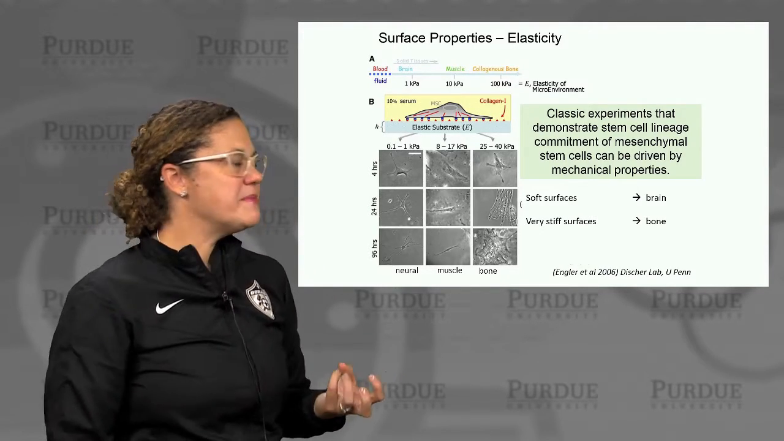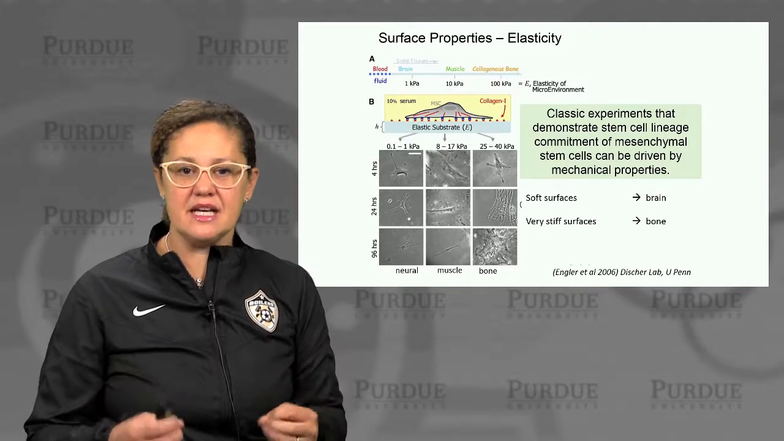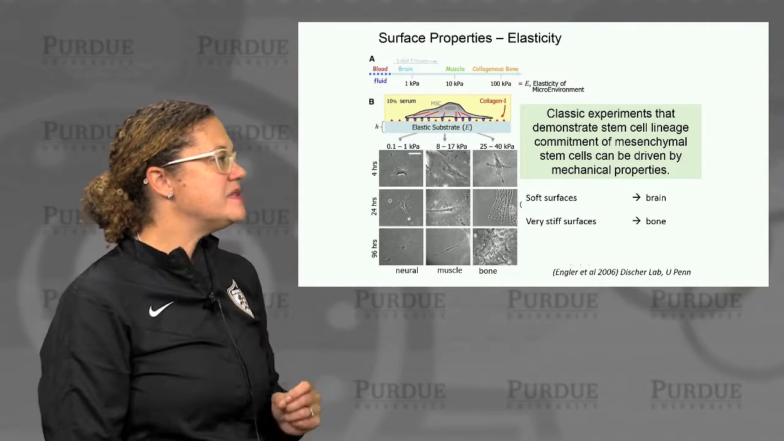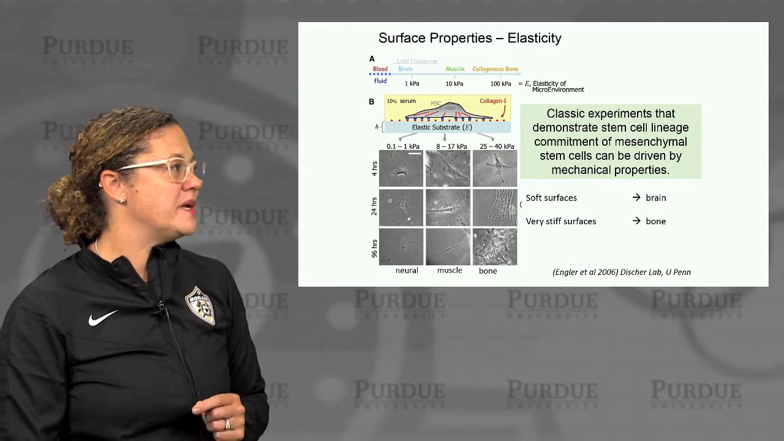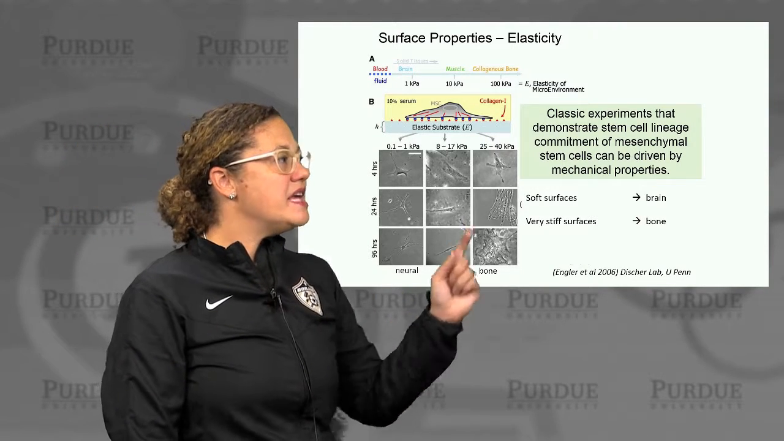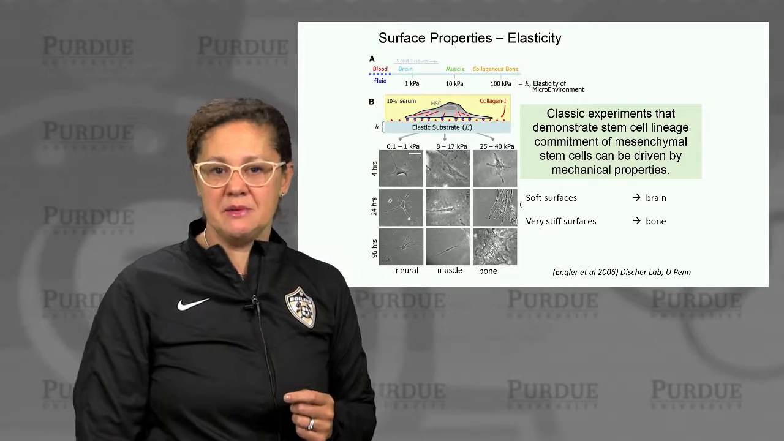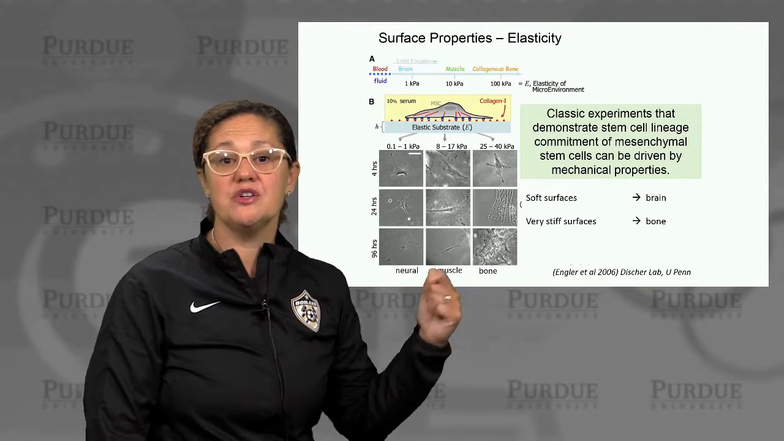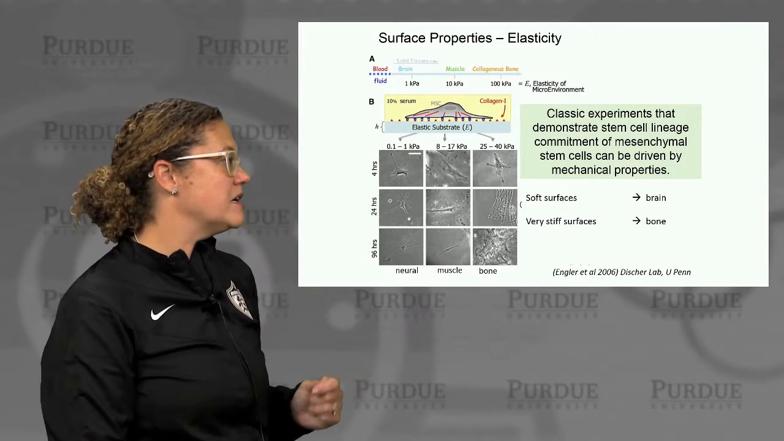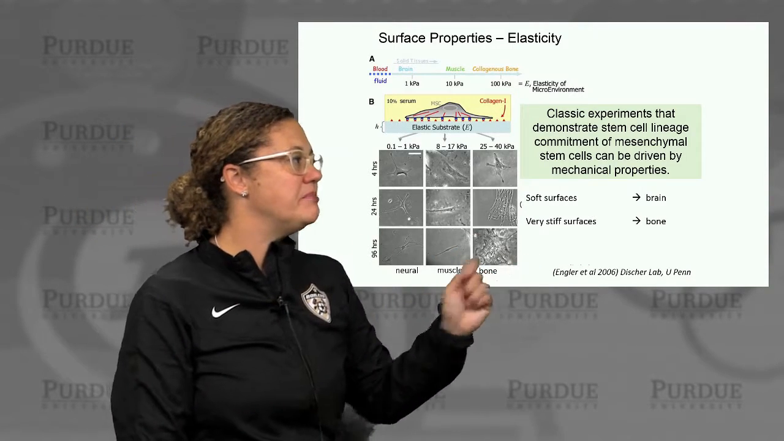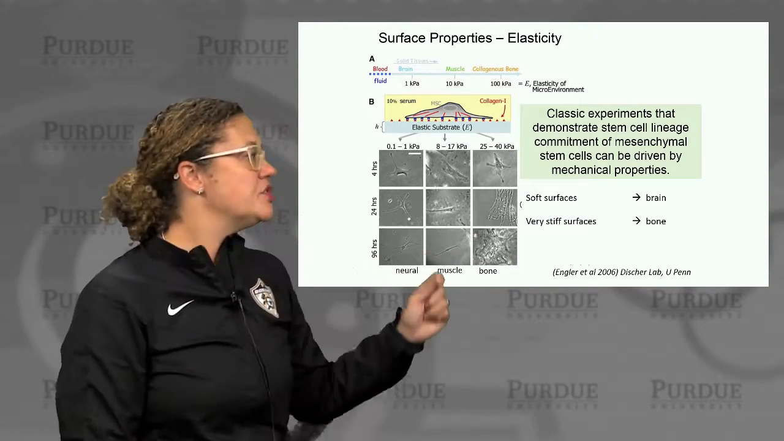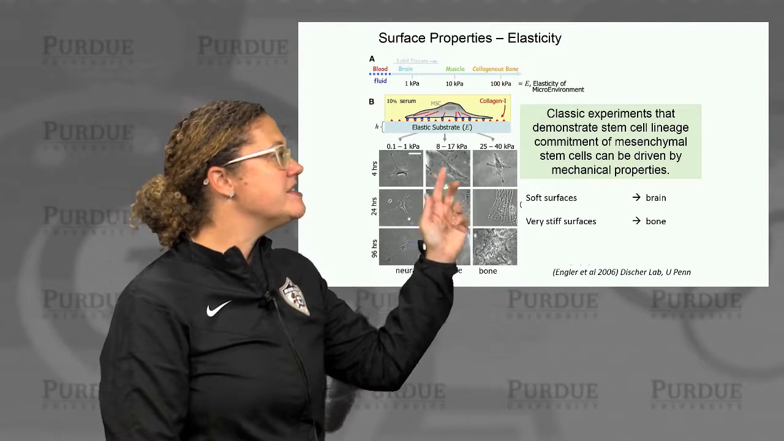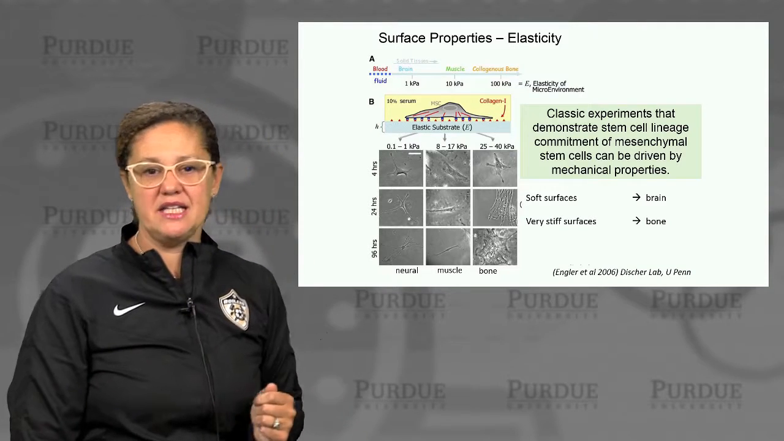Essentially, you think about how stiff or how elastic the material is that the cells are attaching to. And here's some data from some now classic experiments that demonstrated that even stem cell lineage commitment, in other words, what type of cell a stem cell turns into, for these mesenchymal stem cells can be driven by mechanical properties. So these same cells in the same environment, varying only the stiffness of the substrate,